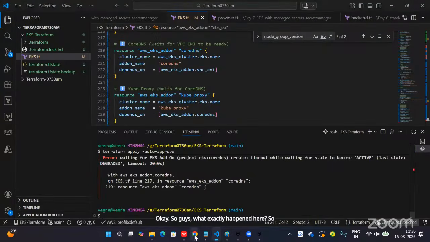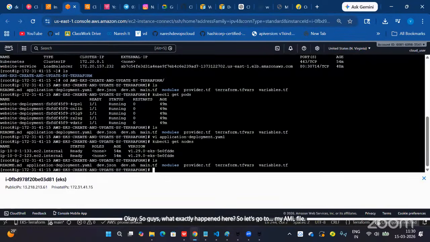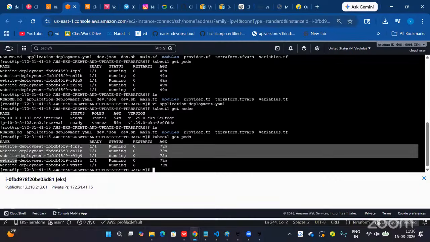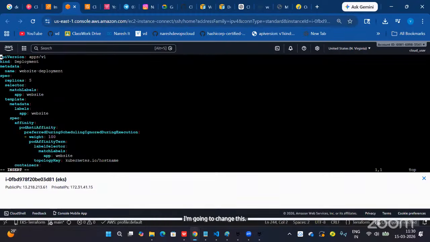Let's go to my YAML file. As of now, how many pods are running here? 1, 2, 3, 5 pods are running. Let's open application.yaml. I'm going to change this from 5 pods to 4 pods.